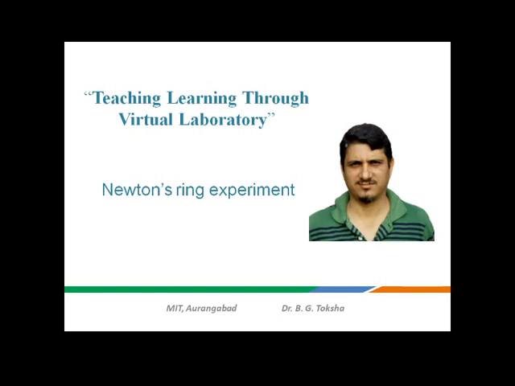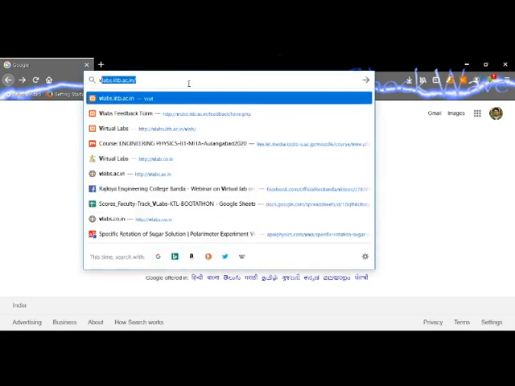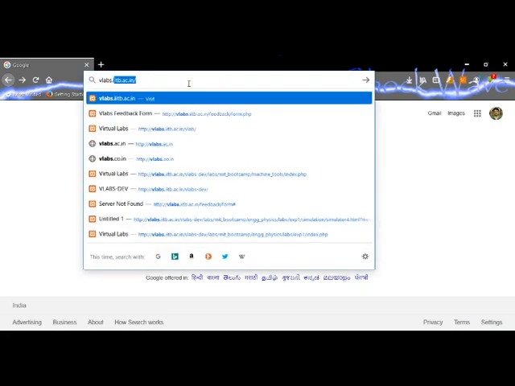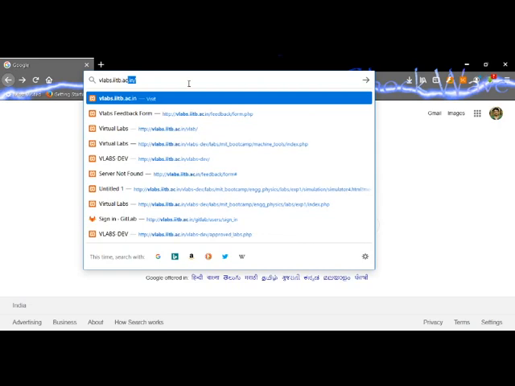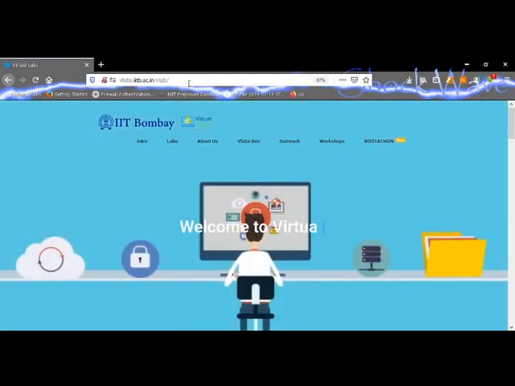So for doing this experiment, let us visit the website. The address is vlabs.iitb.ac.in. When we visit this site, we need to click here, that is VLabs Dev.